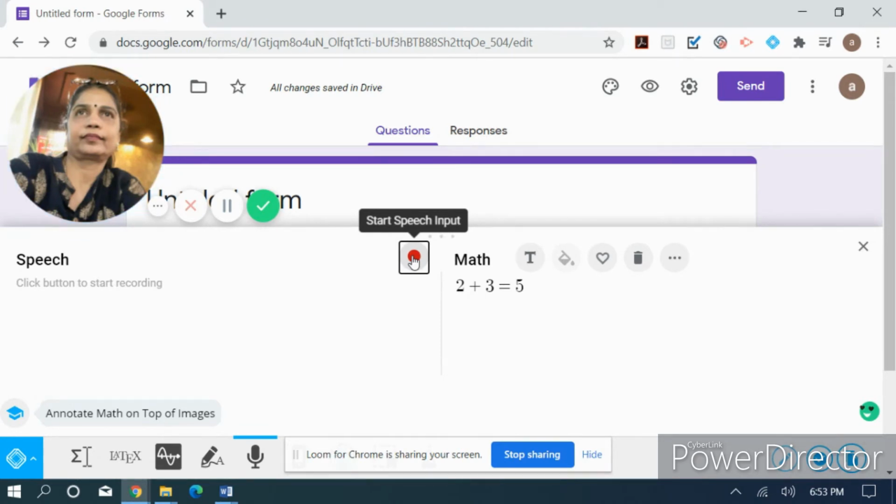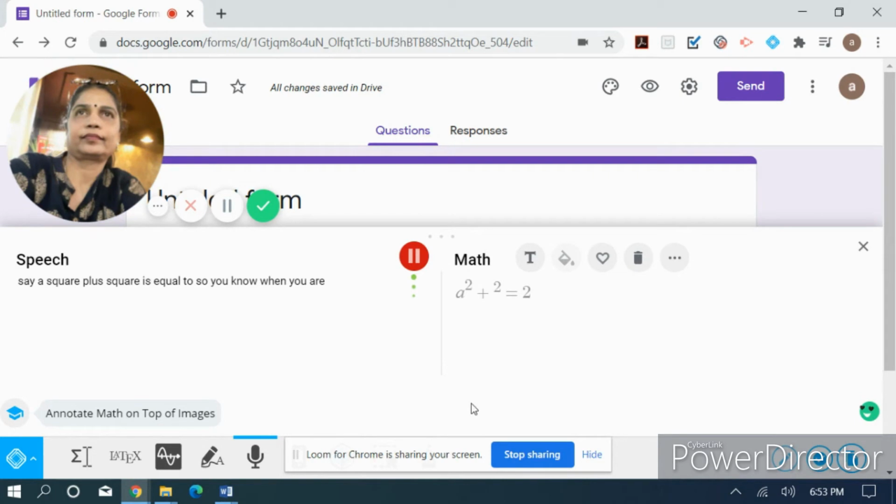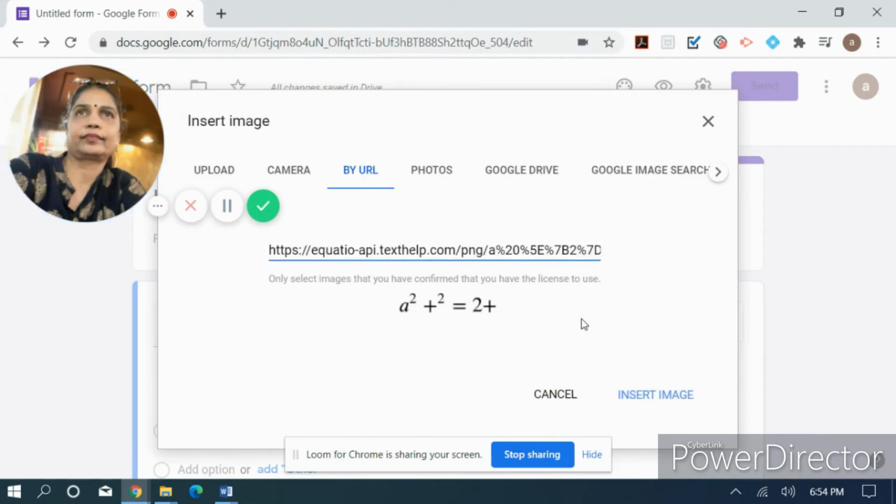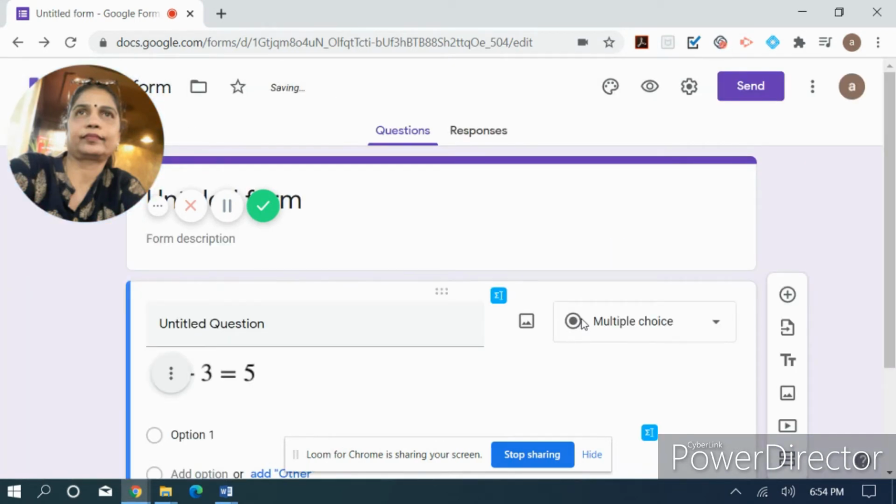You can click there, and then you can say a square plus b square is equal to. I'm so sorry, I'll insert this and show. Okay, now you can see here it is going to insert.